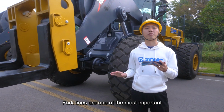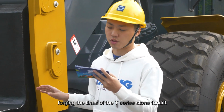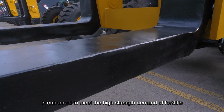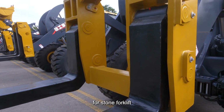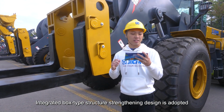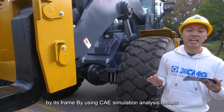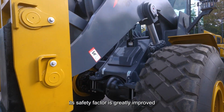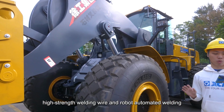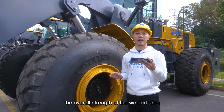Forklift arms are one of the most important parts of the stone forklift. Chrome-platinum alloy is chosen for the arms of the T-Series stone forklift, and 39% of the cross-sectional area is enhanced to meet the high strength requirements of the arm for stone handling, skidding materials, and other heavy-duty work conditions. An integrated box-type structure strengthening design is adopted by its frame. By using CAE simulation analysis, its safety factor is greatly improved, while low-alloy high-strength welding wear plates and robot automatic welding are adopted to ensure the overall weight and strength of the welding area when